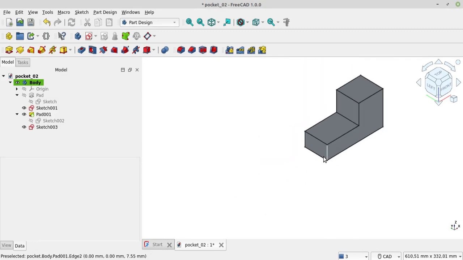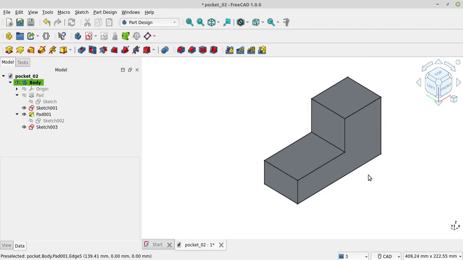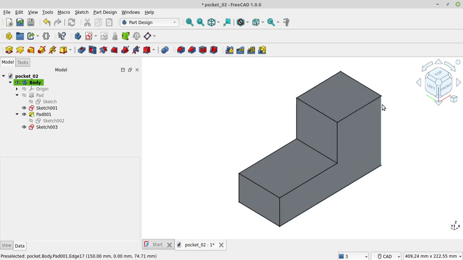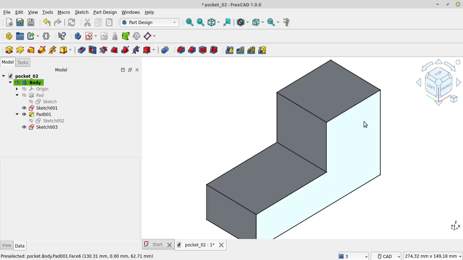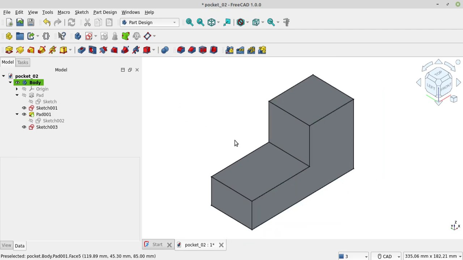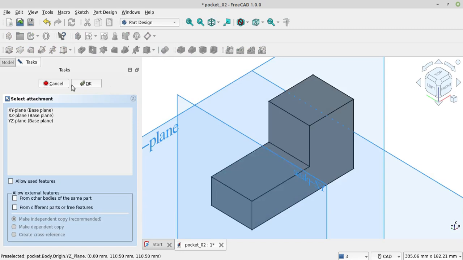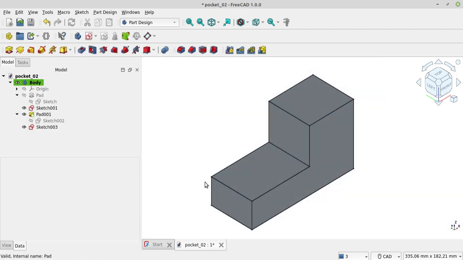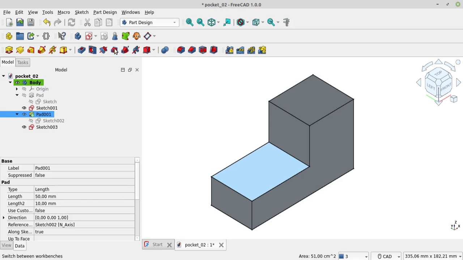Type 5 pocket is two dimensions, and the function is to extrude in two directions. I will demonstrate it. I will make a new sketch on this surface.